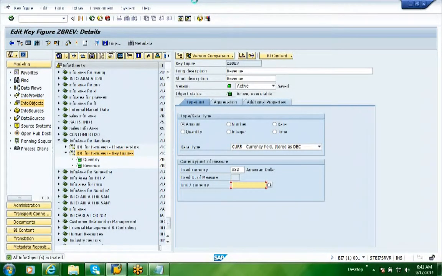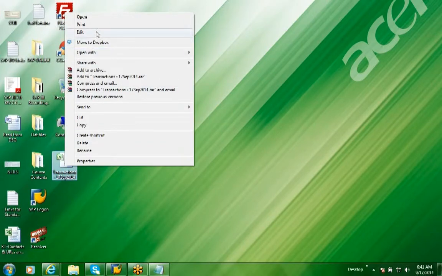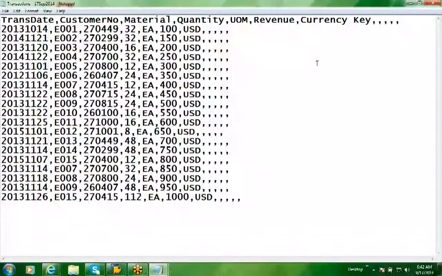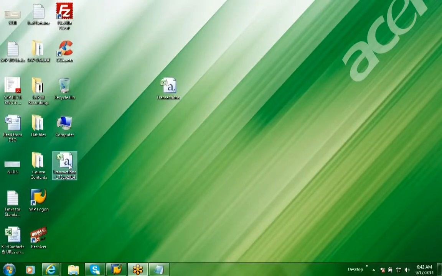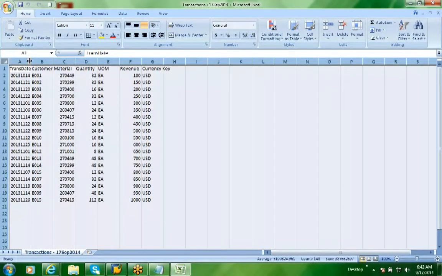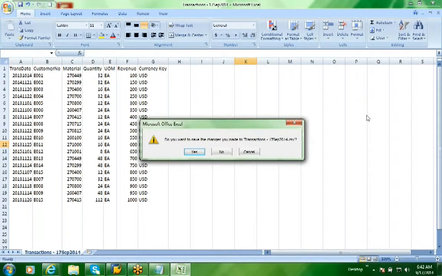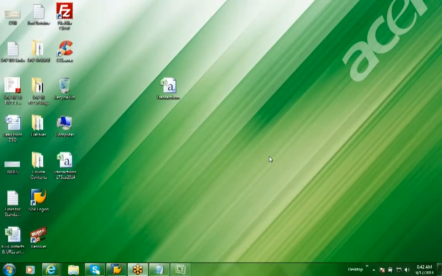In order to get a clear picture of your file, it's always a best habit, the best approach, to open it in Notepad and check whether there are any kind of extra characters, because if you open the file directly, you can't say anything. It looks very easy, very comfortable, but some errors might creep in, which you can see in Notepad. So in Notepad also, I was not seeing any kind of miscellaneous characters, right? Which means my file is ready. My InfoObjects are